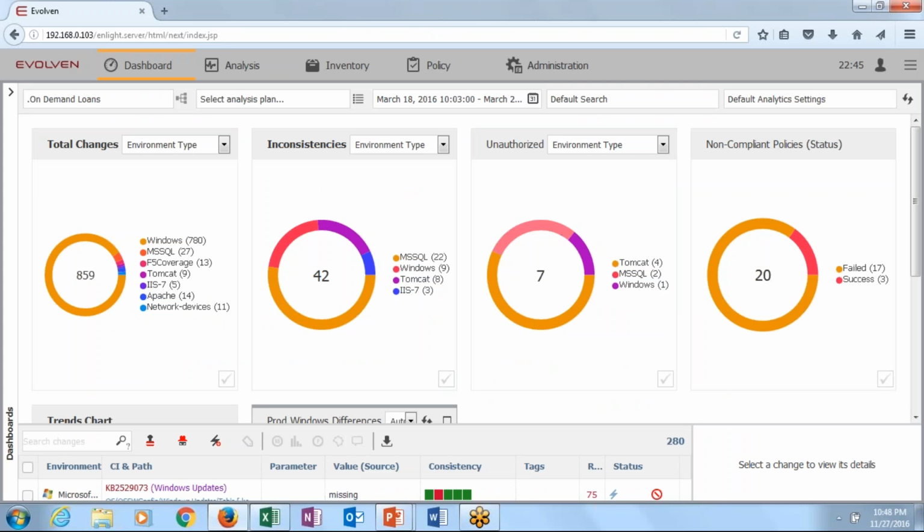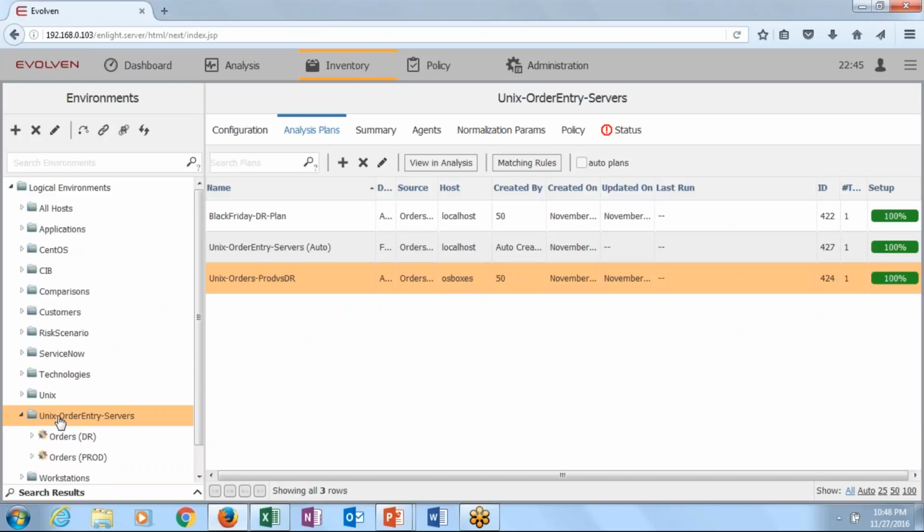So let's turn to Evolven, and let's start with that Unix backend, and let's go to inventory. And here we have our Unix order entry servers, and we have our production server, and we're going to compare that to our DR server to ensure that patches are consistent between our prod and DR so that we get a positive DR failover test as well as a successful DR failover should we need to use it during our